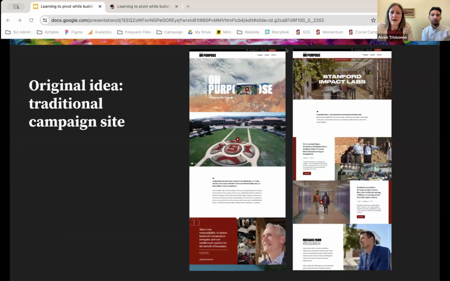And our first pivot happened at this point, when we got far enough along in the hi-fi wires, like what you see here, to realize we weren't pushing the envelope enough on design and brand to justify what the campaign creative brand was going in the direction of, which was pretty bold and different. And this you can see is pretty traditionally Stanford here. So we threw a wrench in it and pushed our creative agency to turn up the volume on site design, which took